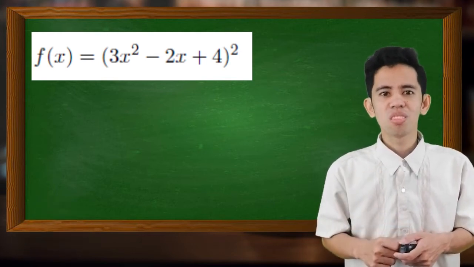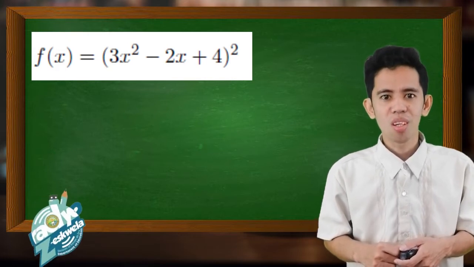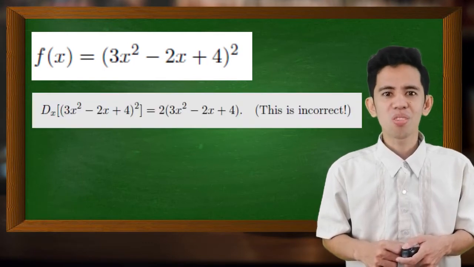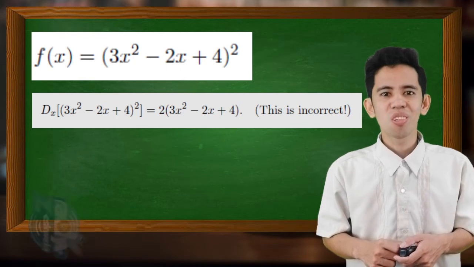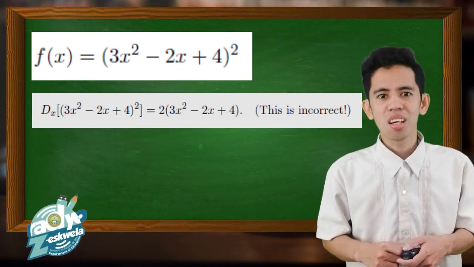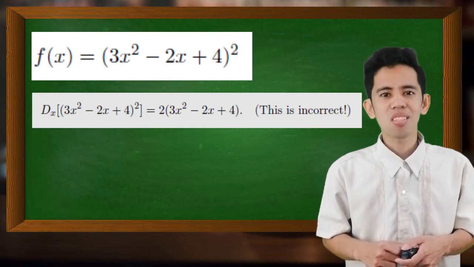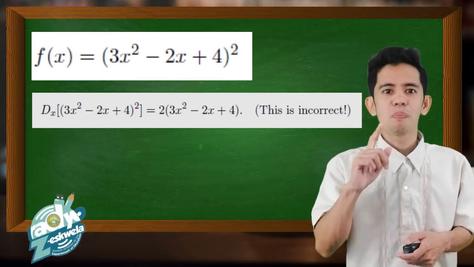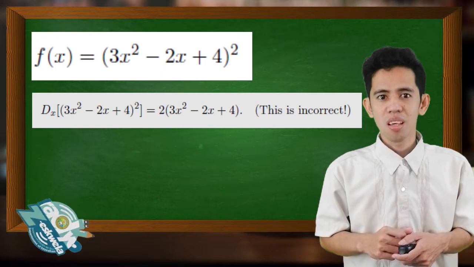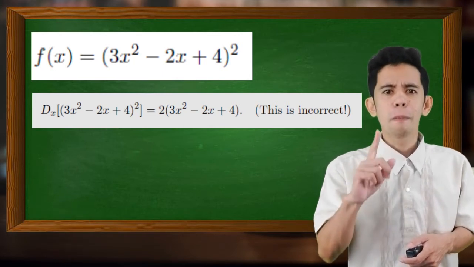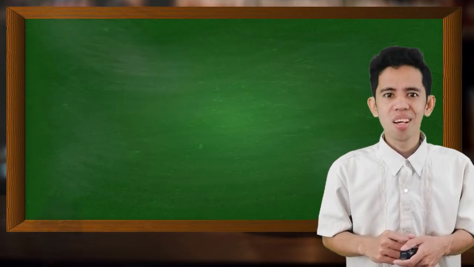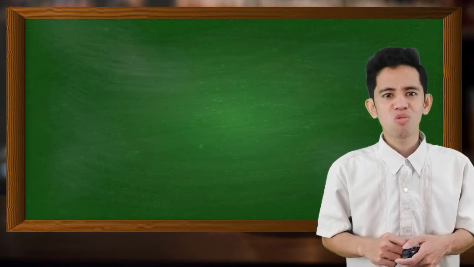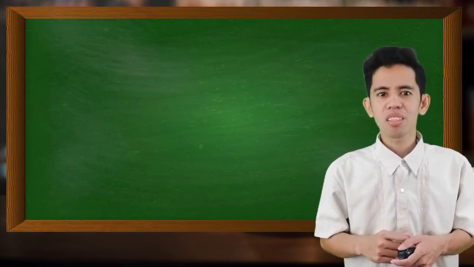Some of you will solve this using the power rule, which is the derivative of the square root of 3x squared minus 2x plus 4 is equal to 2 times quantity 3x squared minus 2x plus 4, which is incorrect. Power rule is not applicable in this function. But if you solve this way, finding the square of 3x squared minus 2x plus 4 before deriving it, then that